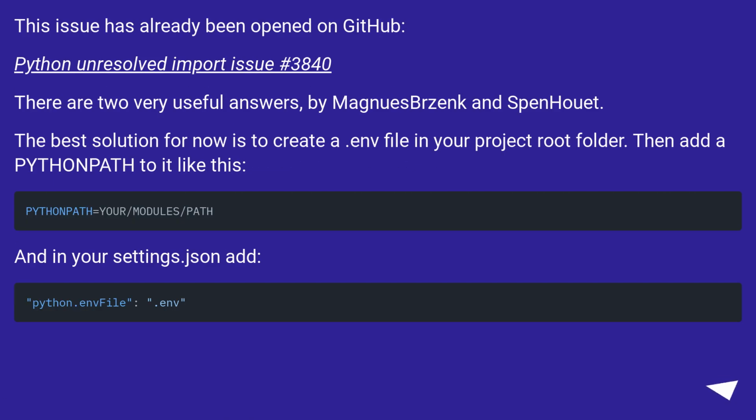This issue has already been opened on GitHub, Python unresolved import issue number 3840. There are two very useful answers, by Magnus Bertzenk and Spenuet. The best solution for now is to create a .env file in your project root folder. Then add a Python path to it like this. And in your settings.json add